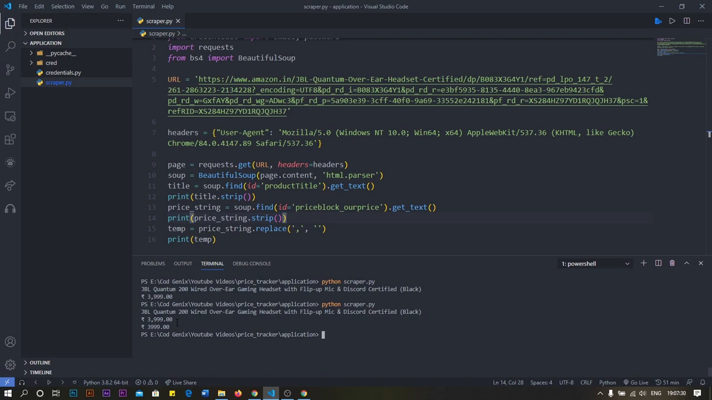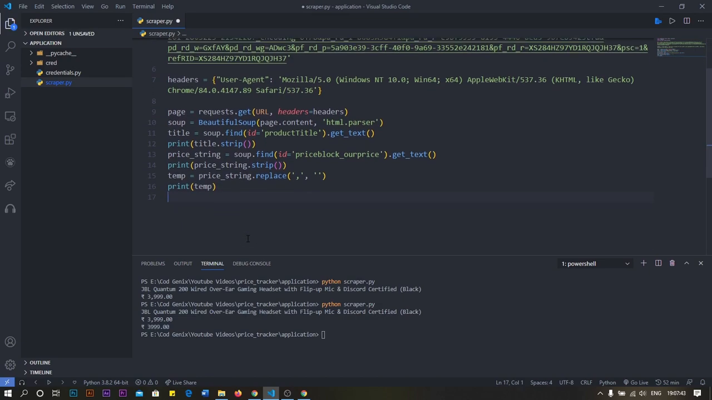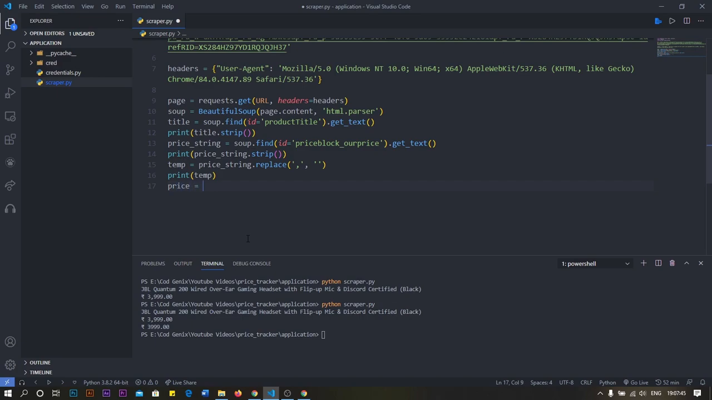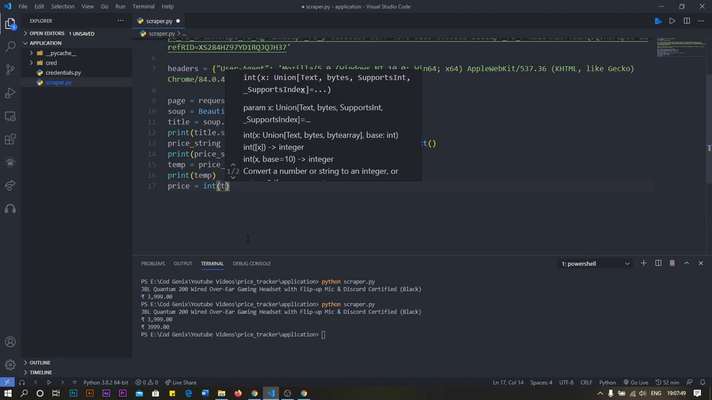We are interested in this 4, so the index of this is 2 and the index of this is 6. So we need to strip that out. So to do that, we'll just convert it into int. So okay, I'm typing it here. So we create a variable price